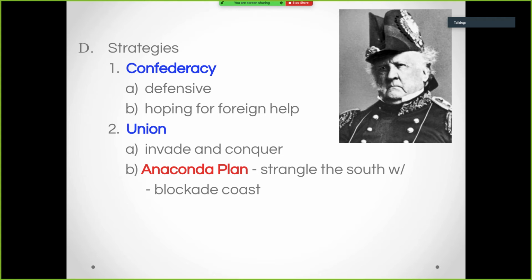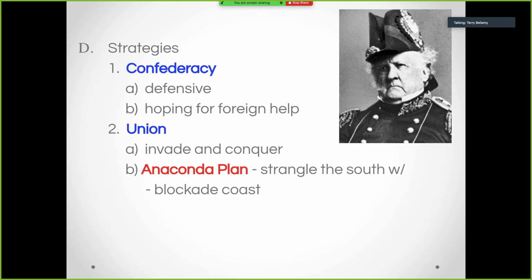The snake wasn't big enough to get his face around the dude's head anyway, but it literally was crushing him even with this special armor on. So an anaconda is a constrictor. It strangles its prey. So the anaconda plan is to take the Union Navy, which if we're looking at the